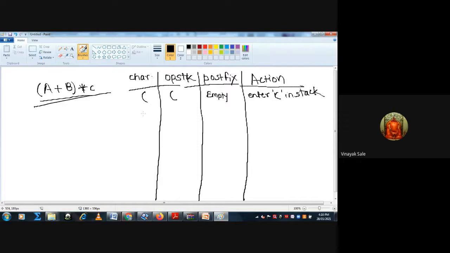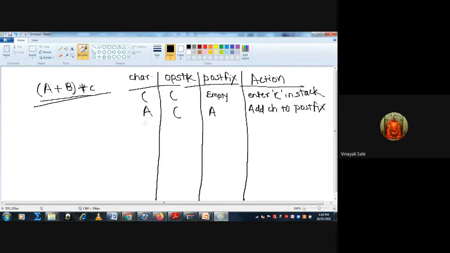Then the next character entered is A; the operation stack is opening bracket, the postfix is variable A, and the action is add character to postfix.